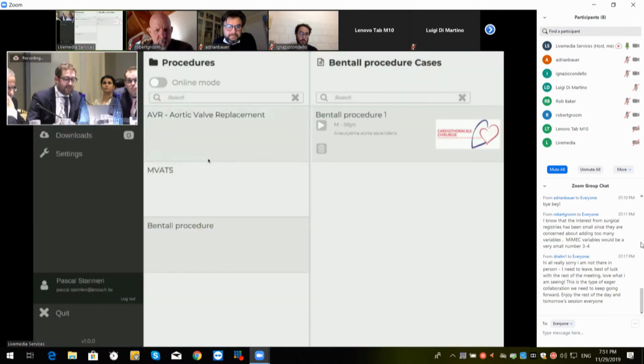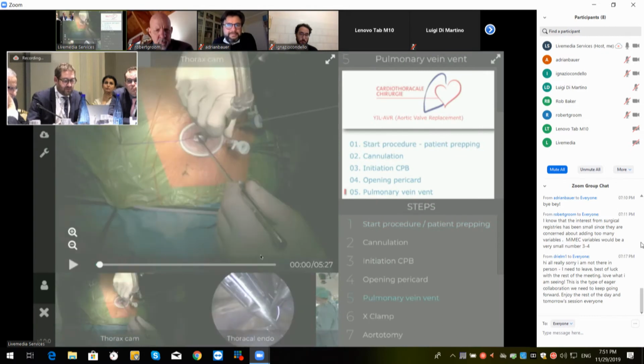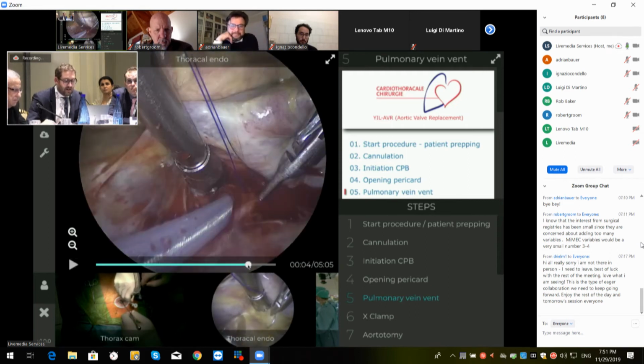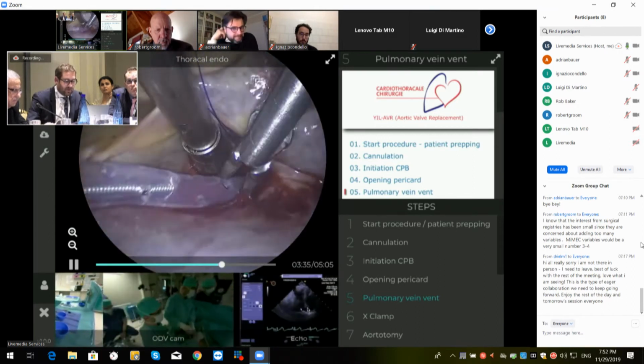This is quite different if we look then to the aortic, and if I may just a small seconds, this is also the pulmonary vein vent. You will see if it's loading. So he will introduce, if you look at this camera view, this is the pulmonary vein vent. Voila. He will put it in like this. But then we use a